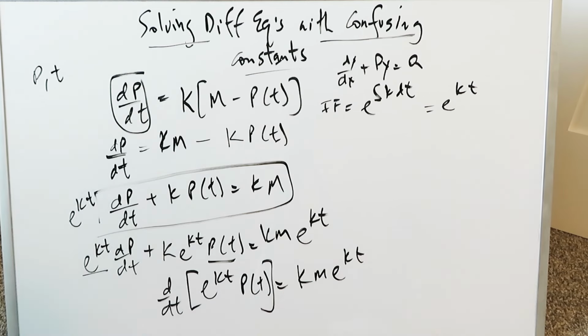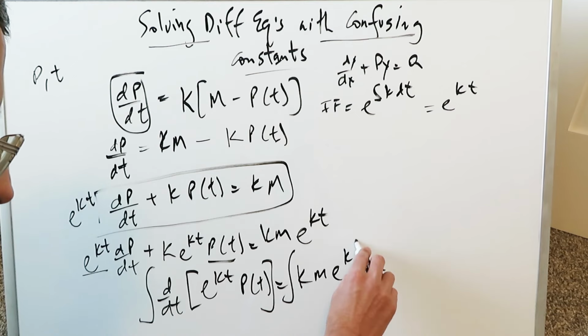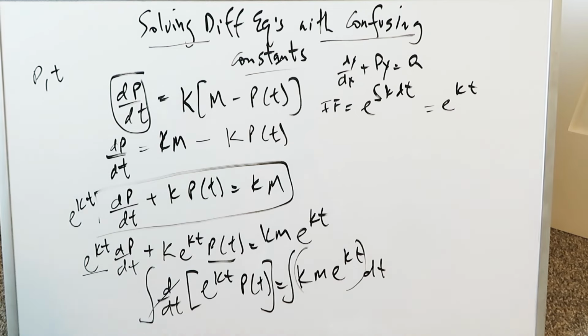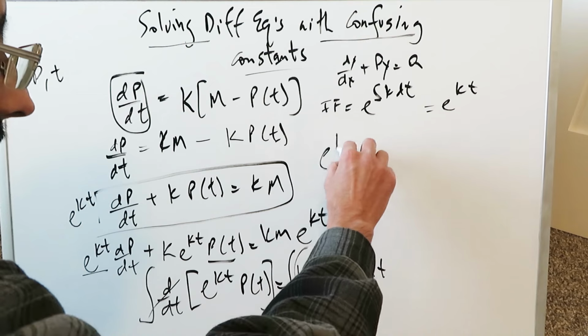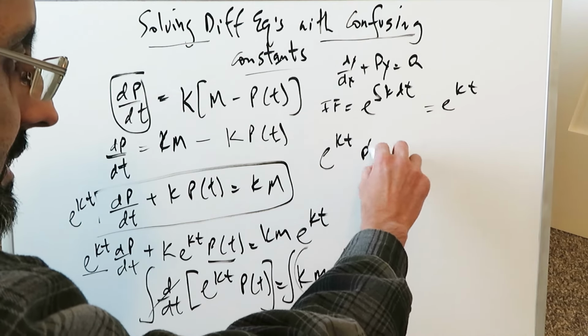We can close this. If you were to do the product rule, implicit differentiation, you'd get this. Think about it: x and y's, that's what you're looking at, the product rule. This would multiply with the derivative of this, which would be dp over dt, and that's exactly what you see. This would multiply with the derivative of this, which would be k e to the power of kt, which is exactly what you see. So you're on the right track. This will now be integrated right here with respect to dt. You're seeing all of that. That will cancel out. You'll have over here e to the power of kt pt is equal to